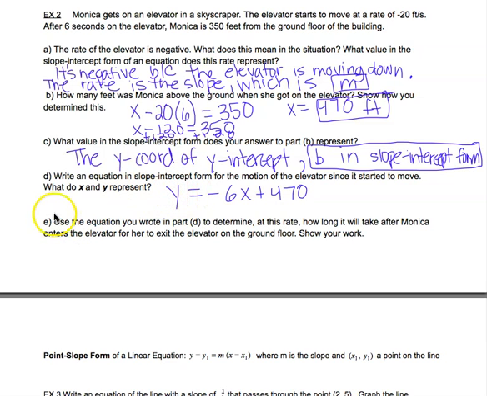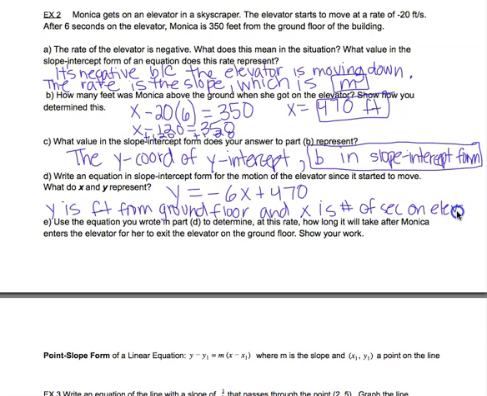So y is feet from ground floor. And x is number of seconds on the elevator. So when we put in how many seconds we've been on, that helps us figure out what our distance from